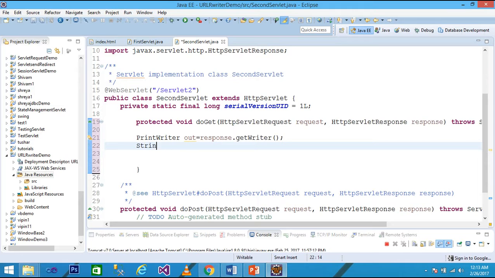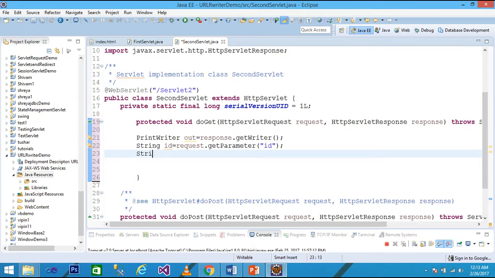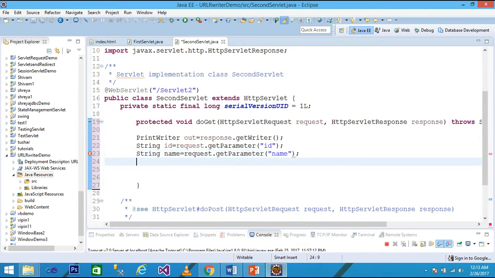And then I declare here a string variable id equal request.getParameter, and I simply pass here id, then semicolon, String name equal request.getParameter, I simply pass here name, then semicolon, then out.print id plus space plus id, then plus space plus name, and then space plus name. Okay,